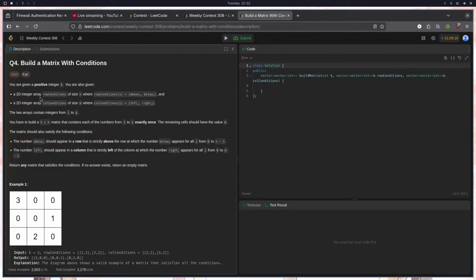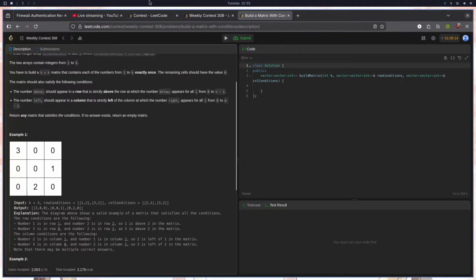The number above I should appear in a row that is strictly above the row of below I for all I. And then the left I should appear in a column that is strictly left. Row condition, one is about to